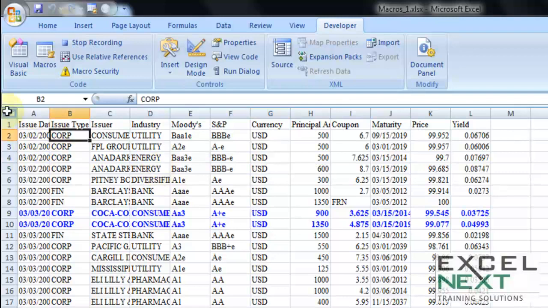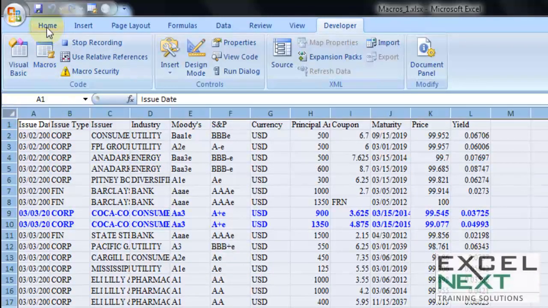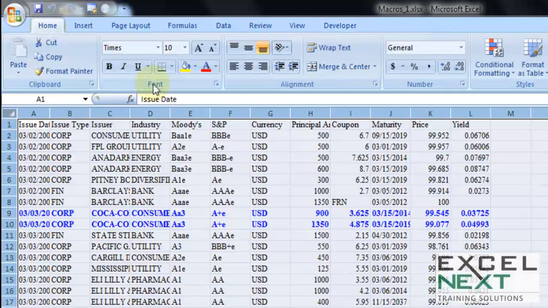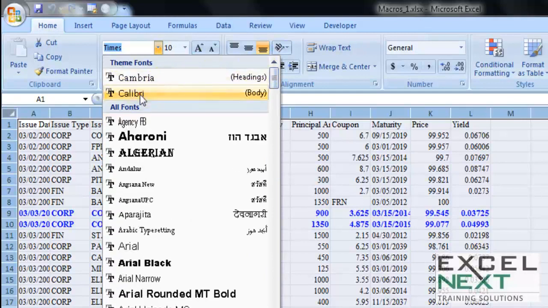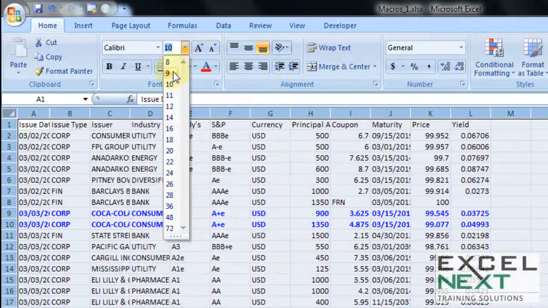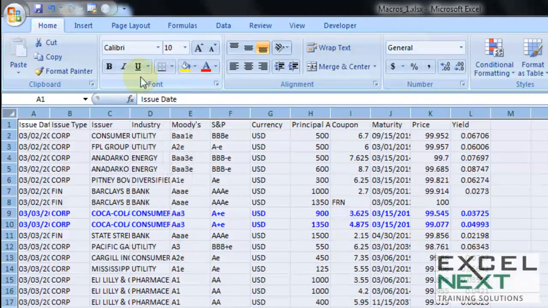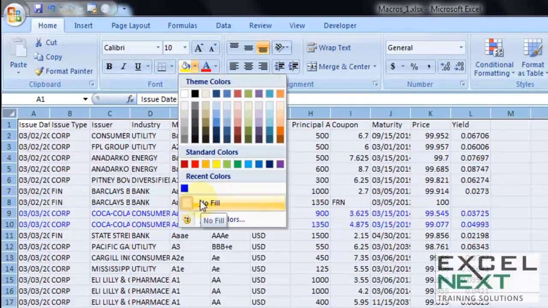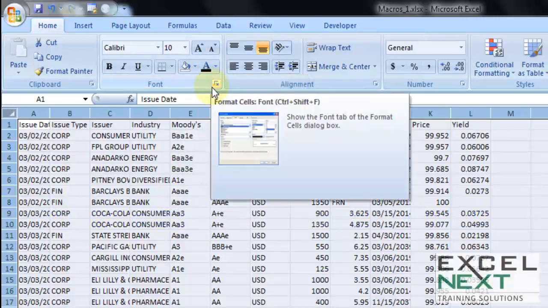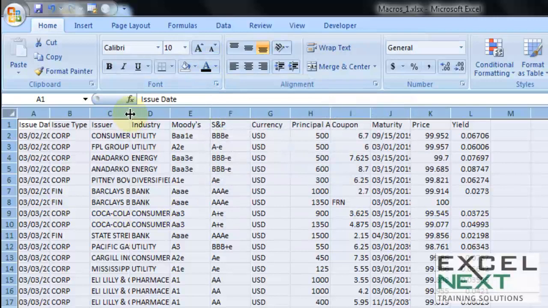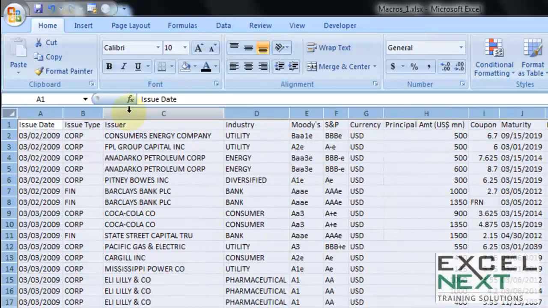So let me choose the entire sheet. After which, let me go to Home. Within Home, let me access the font name and make sure I choose something which is consistent. Let's say Calibri. Rechoosing the font size so that everything is 10. Clicking bold on once and once again to unbold everything. Making sure the no fill is chosen, so no cell fill. And the color black, which is a standard one. And last but not the least, let me double click between the column heads so that it auto fits based on the size of the heading and content.